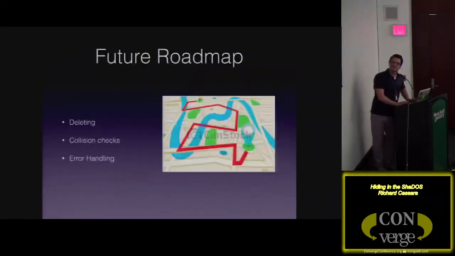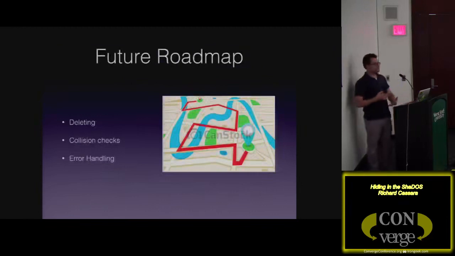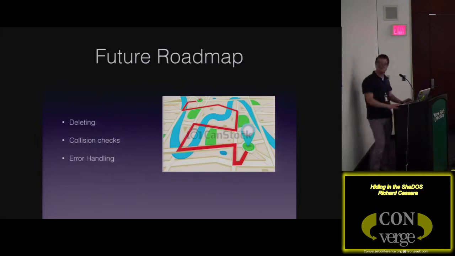Okay. So the future roadmap for things that I realized during the process that I definitely would want to add to this if I have time in the future. Deleting. Right now I'm just writing, reading, and listing what's there. If you wanted to delete something that you put in there, it's pretty easy to do. There's a PowerShell function, Remove-Item. If you do a Remove-Item on that file stream, it'll drop it. But I want to wrap that into a function that goes into the